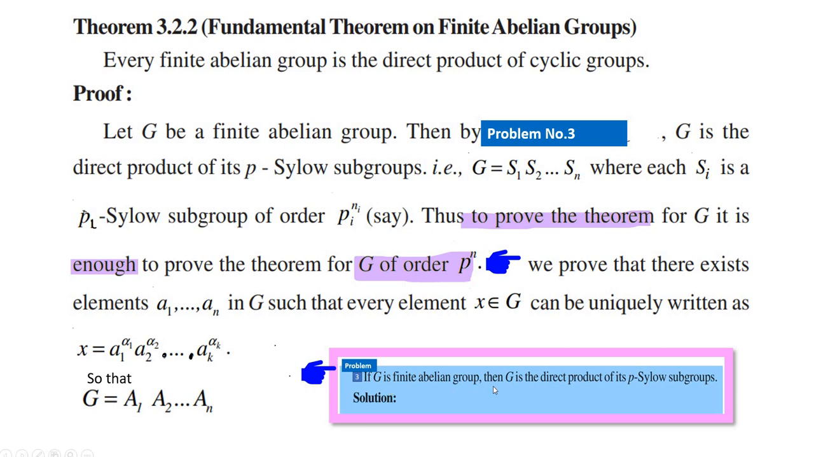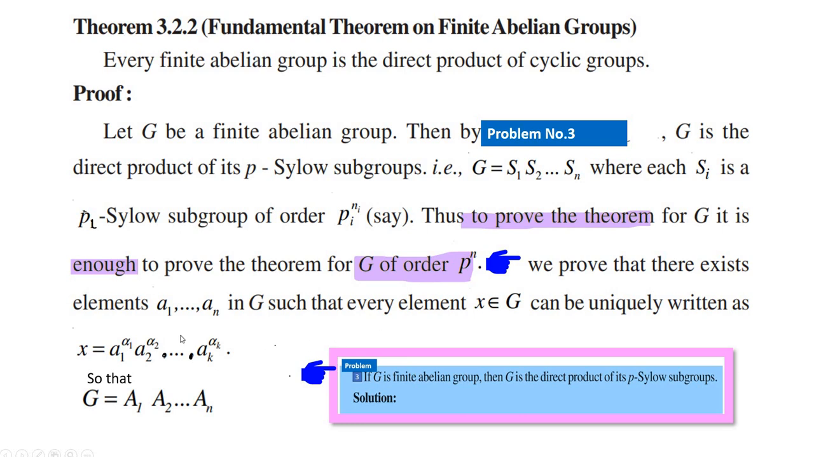that if G is a finite abelian group, then G is the direct product of its p-Sylow subgroups. So we can have our G to be the product of these p-Sylow subgroups. Here each Si is a pi-Sylow subgroup of order pi power ni. So to prove the theorem for G, it is enough that we prove the theorem for G of order p power n. And we also prove that there exist elements a1,